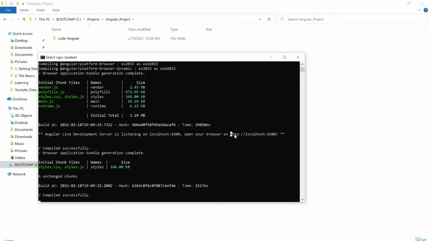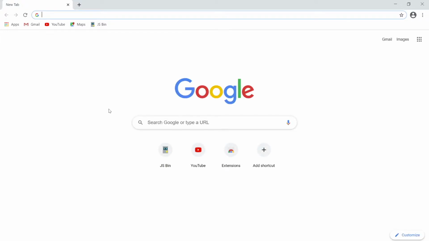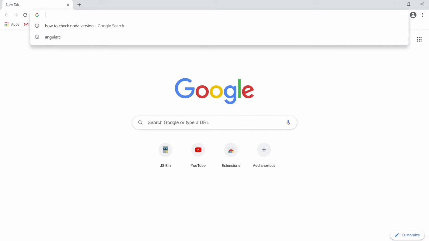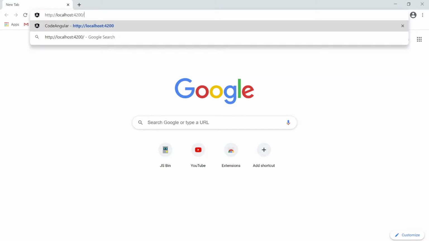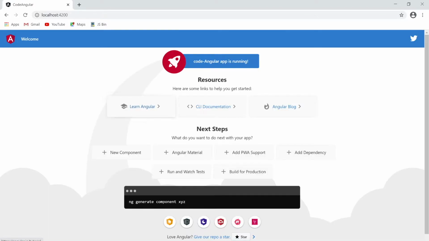So here is our localhost. You can highlight this and hit enter and go to whatever browser you are using. In my case I'm using the Chrome browser, so just paste that URL, which is localhost slash 4200, and you can see our application is created. So let's look at how that thing is created by simply using one single line of command. Let me move toward the architecture of Angular.